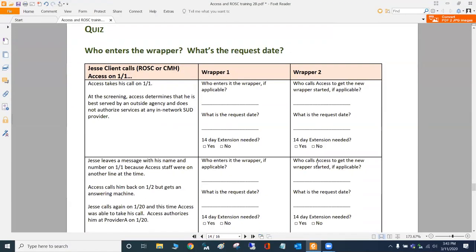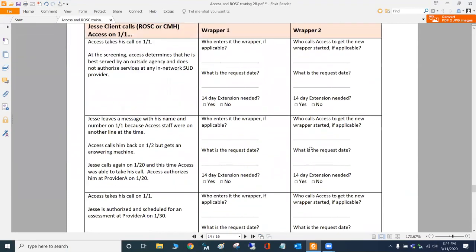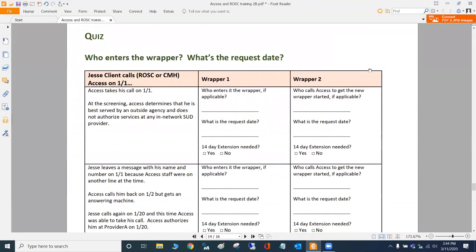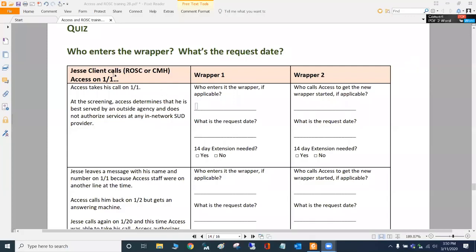So the last thing is to make sure that we all get it. There's a quiz. I'm going to pause the recording and we can all take 5. That'll give everybody time to fill this out, and then we'll reconvene and talk about what the answers are. So I am going to stop recording right now, or pause it.